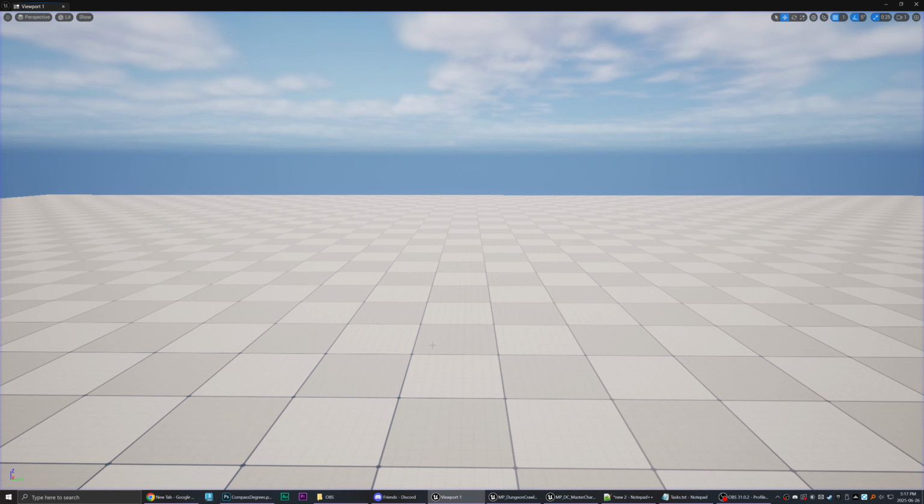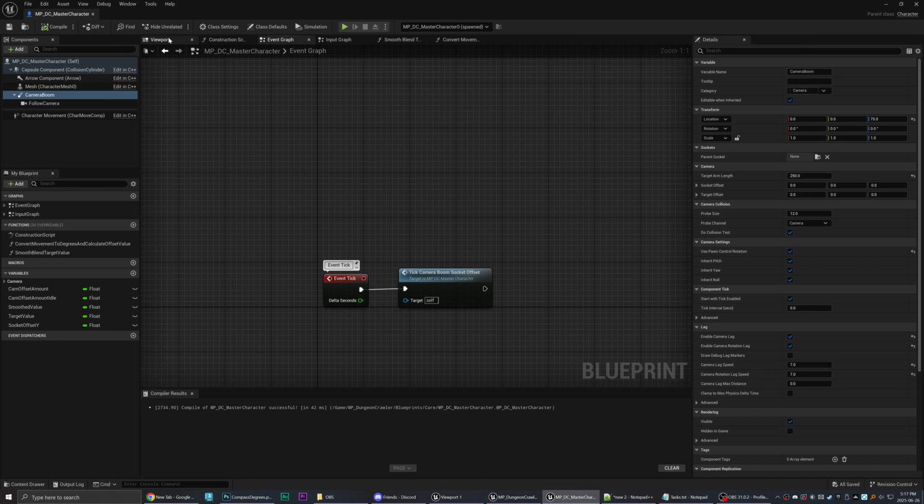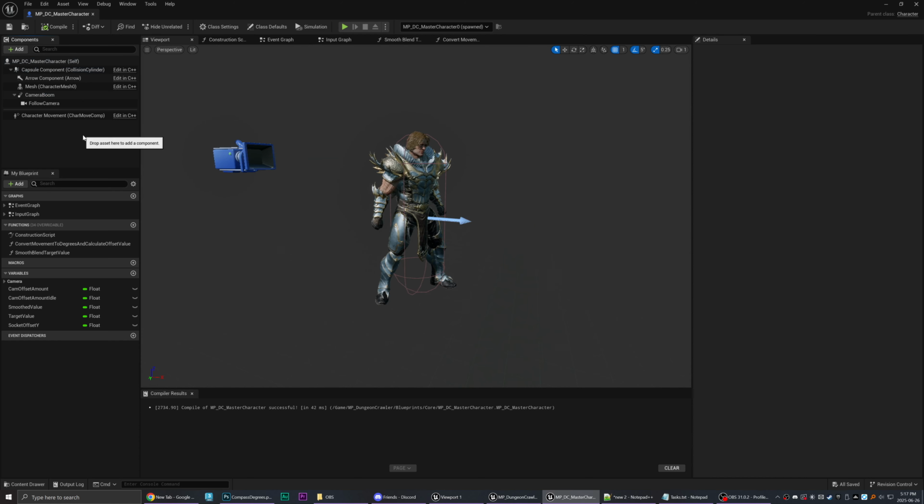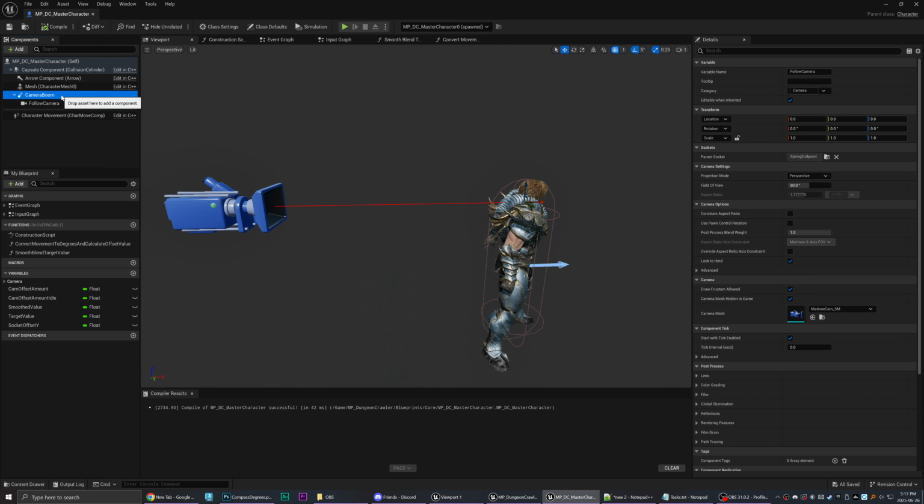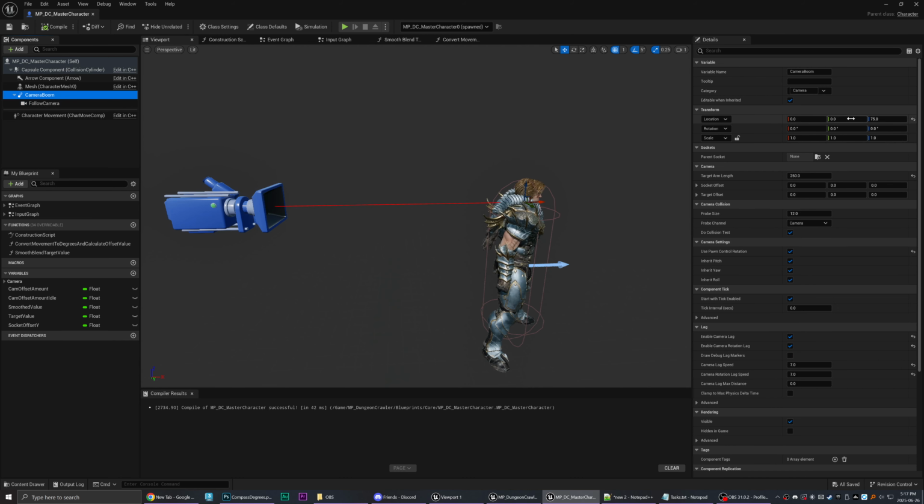If we go into the character that I've been building here, there's nothing really that different with this setup. It's a regular third-person character based off of the Unreal 4 blueprint template. I have adjusted the camera boom so that it's up at 75.